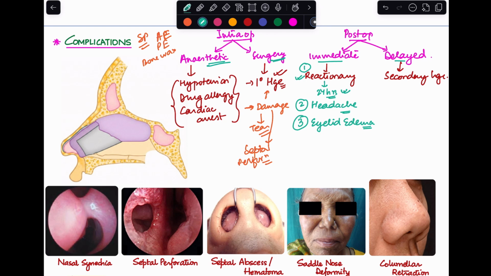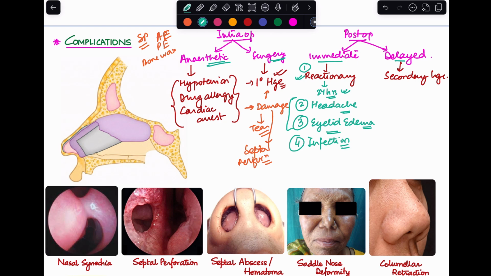So when you do a very tight nasal packing, it increases the pressure which is being transmitted via the thin lamina papyracea to the periorbital tissue. Now, this is a very self-limiting condition. You do not have to be super worried about it. You just have to remove the pack and then it will resolve by itself. So these are two common things that happen because of the tight nasal packing done at the end of the surgery. And the last immediate postoperative complication is infection.